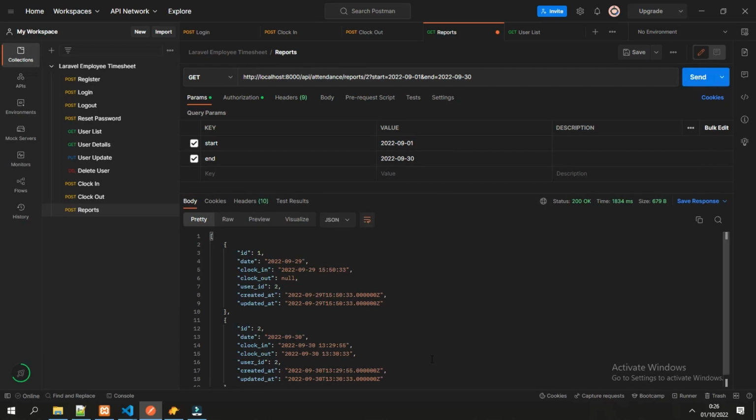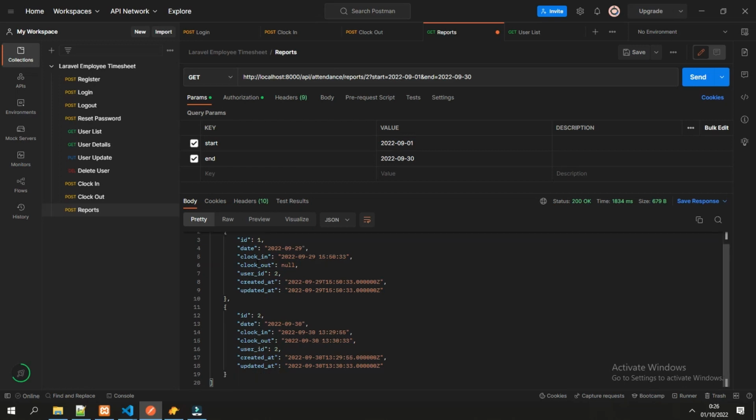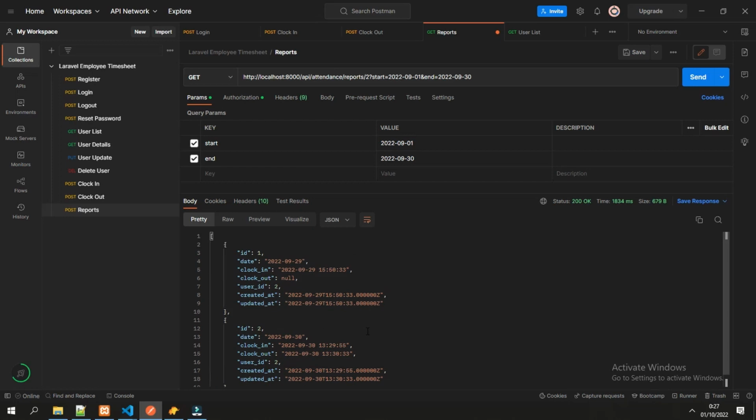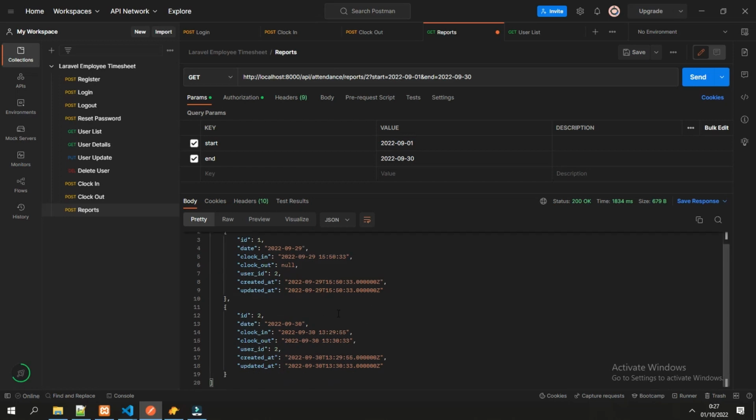Now we have the results of 2 attendance here. In here we only have the clock in for the first data, and in the second data it has clock in and clock out, the same as in the database. So that is the API for reports.